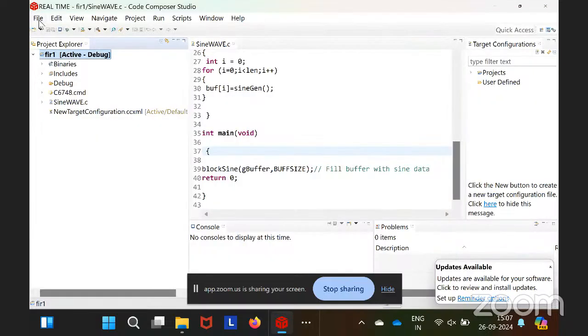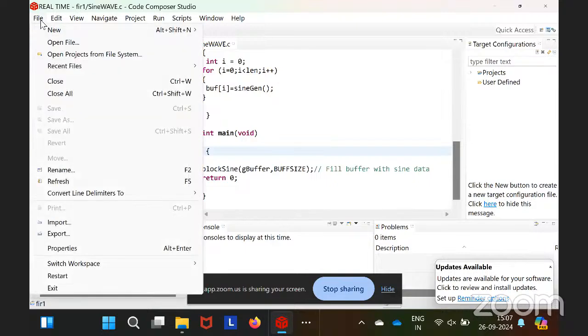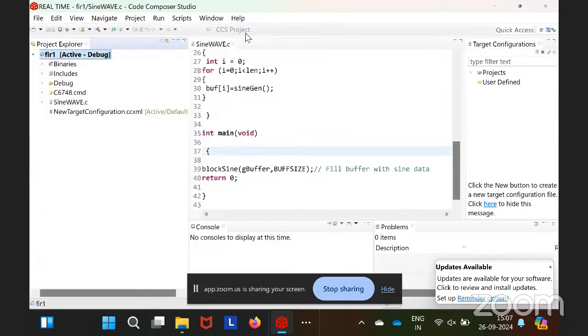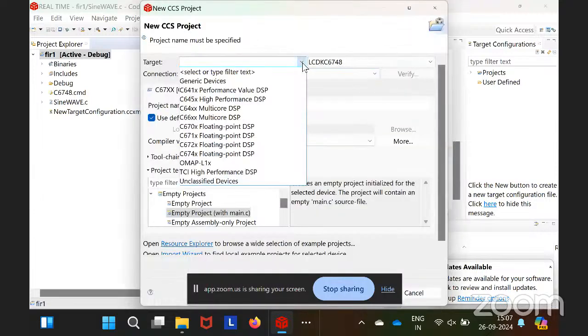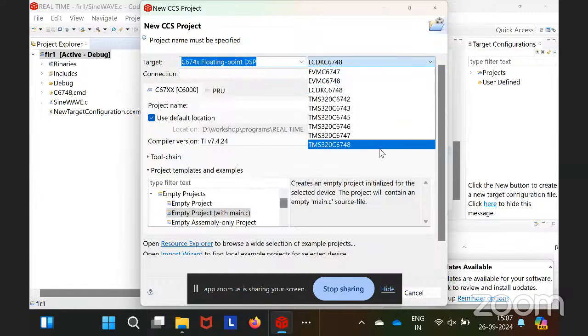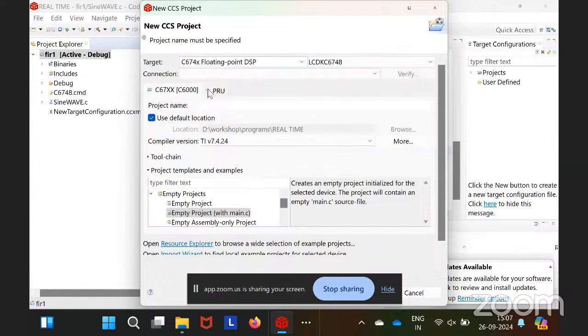I think so. What I'm starting is from scratch actually. So I'll create a new CCS project. Here LCDK 6748 is there. If you want, you can scroll down and select the board; what I am using is LCDK 6748. Then I give the project name. Because I have already given FIR1, I'll give it as FIR2 here. It can be an empty project or empty with main.c. Because I'll be copying from another place,